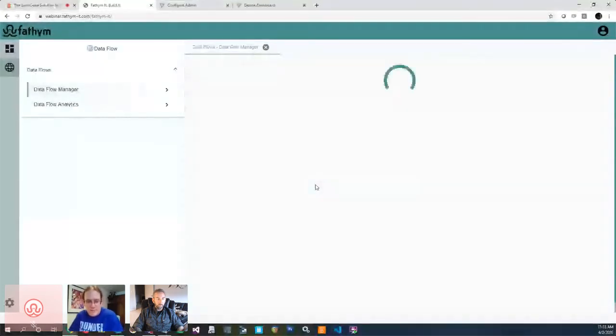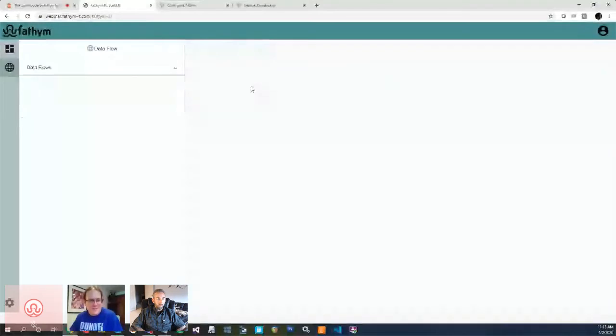So while this is setting up, one thing that I want to talk about is when we deploy these resources. When we deploy these resources to Azure, everything is available up in the Azure portal. So you can see everything that we've configured for you. It's not something that is tied up in a Fathym cloud or something like that. So something happened here. Let's go back to our data flow manager. Okay, so